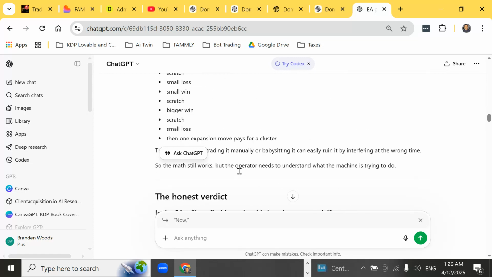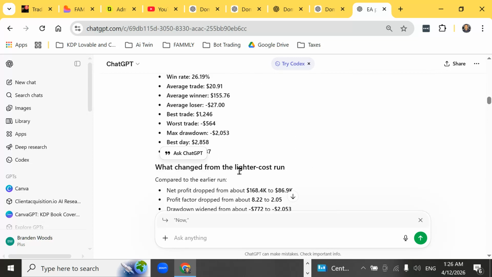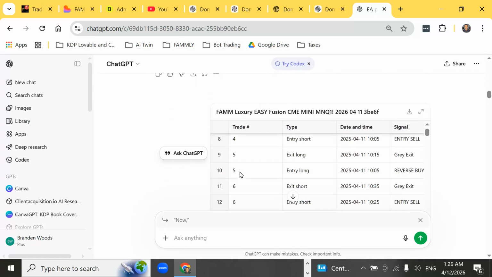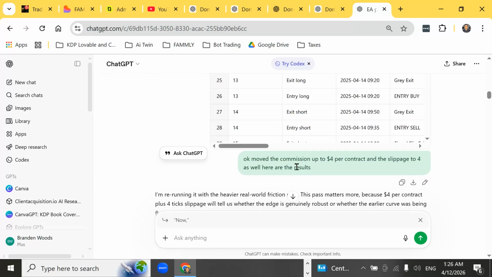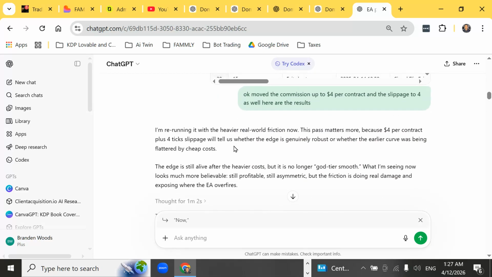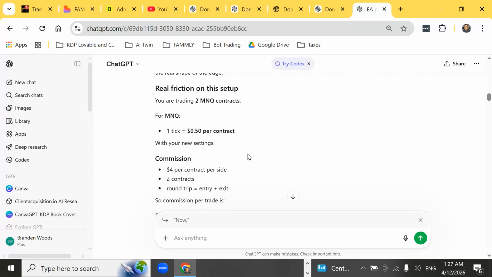Let me see. And here's the second MNQ with a heavy $4 per contract slippage. Remember, the other one was 9 cents, and that's realistic. That's what really comes from Top Step and Apex, 9 cents per contract. So we said $4 per contract and four ticks of slippage, right? And what came out,